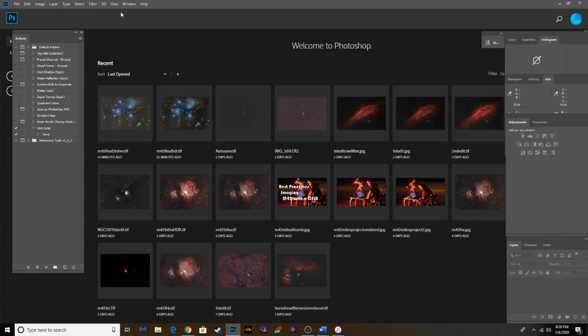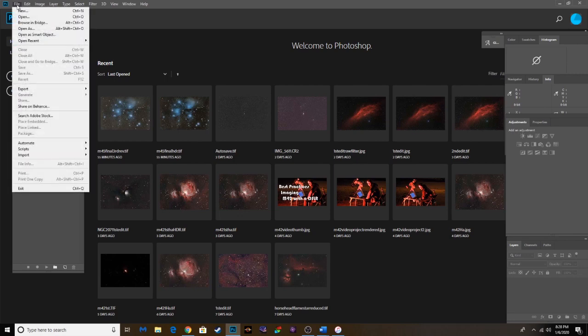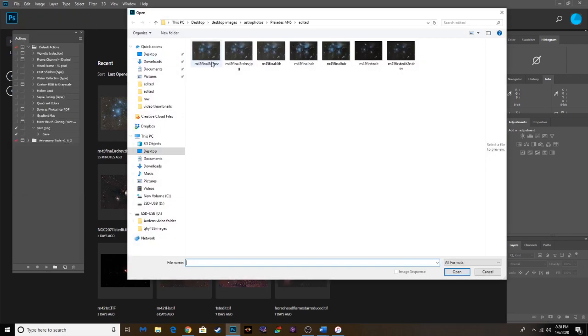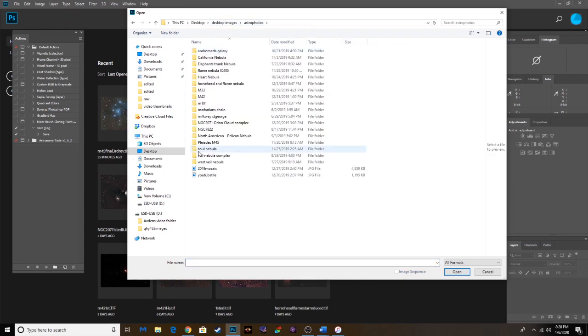Now you've got an image to work with in Photoshop. Photoshop is the program I use. Again, there are a fair amount of options for editing your photos. I like Photoshop because it's what I'm used to, and it's produced some really good results. There are some other software like PixInsight, Astro Pixel Processor, GIMP. There's some other ones out there as well, but anyway, this is what I use, and it's served me well. So we want to open up, go to that stacked image,